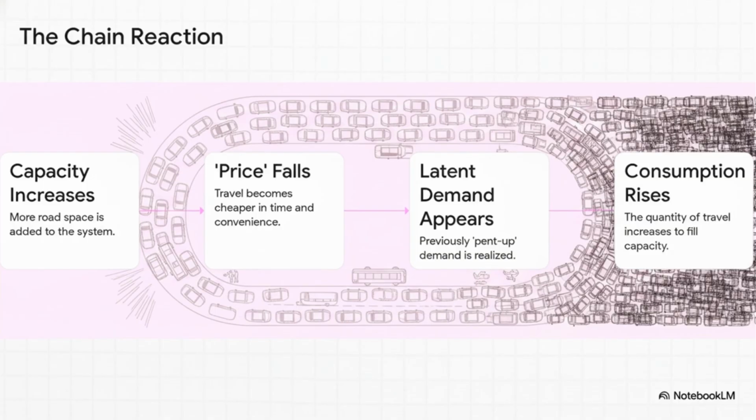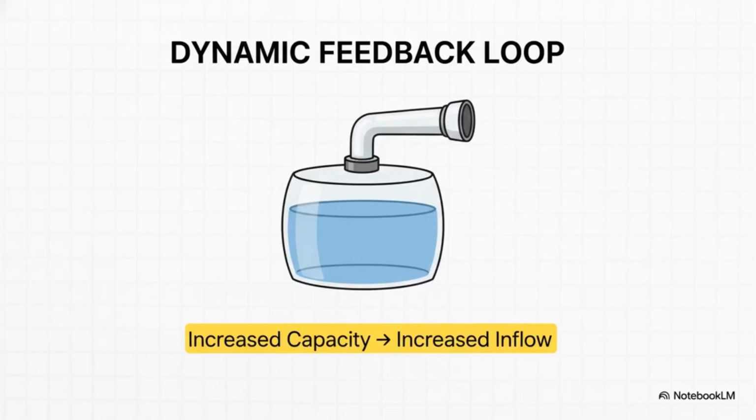Now they see this new, wider road and think, hey, that's a good option for me. And just like that, consumption shoots up to fill every inch of that new capacity. Back in our water tank analogy, it's as if we just discovered a hidden rule of the game. The moment we made the tank larger, the inlet pipe bringing water into the tank automatically got wider too. The system isn't just sitting there, it's actively responding to the changes we make.